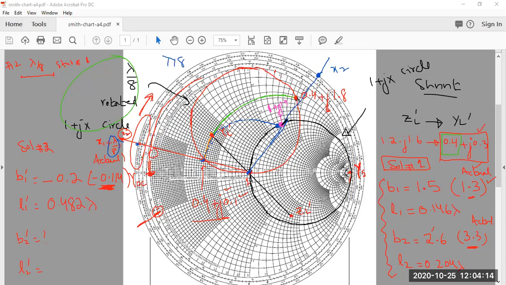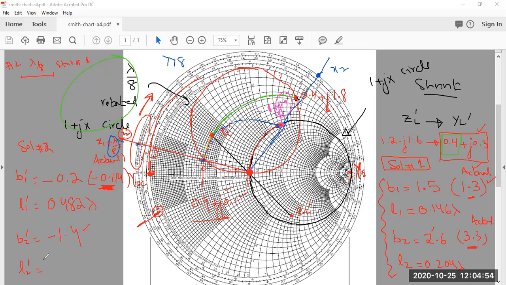तो हम स्टेप नंबर 2 की पोजीशन पे आ गए हैं और उस जगह पे हमें कितनी एडमिटेंस मिल रही है, 1 + j 1.4। लेकिन मेरा गोल ये है कि मैंने सेंटर तक पहुंचना है। तो अब सेंटर तक पहुंचने के लिए क्या करना होगा, इसको कैंसिल आउट करना है। इसका मतलब क्या हुआ कि अब हम कह सकते हैं कि B2 को हमें कितना रखना पड़ेगा, B2 को हमें रखना पड़ेगा -1.4। तो B2 स्टब नंबर 2 इतनी ससेप्टेंस प्रोवाइड करेगा, तो इसका इफेक्ट क्या होगा कि ये पॉइंट जो है यहाँ से मूव करके कहाँ पे आ जाएगा, सेंटर पे, विच वॉज अवर डेस्टिनेशन।